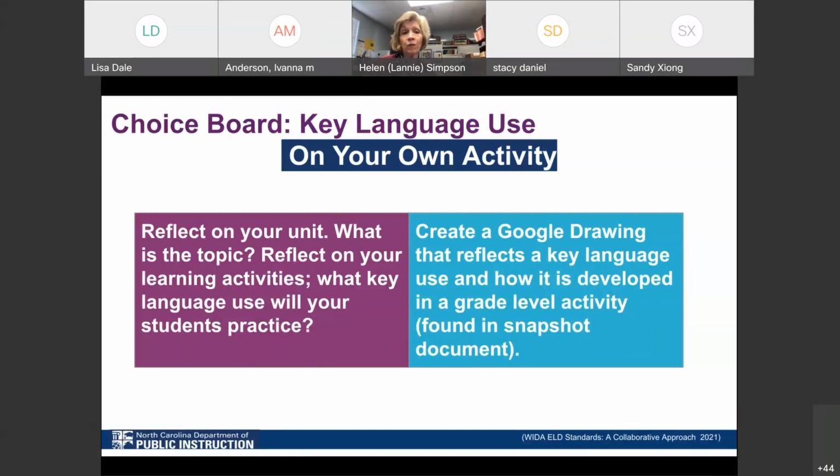And so reflect on a unit that you have done with your students. What's the topic? Reflect on a learning activity embedded in that unit. What is it? What key language use will your students practice? So in other words, I just want us to reflect on a previous lesson we've taught and how it would match to a key language use and what is the learning activity that you're thinking of that is embedded in